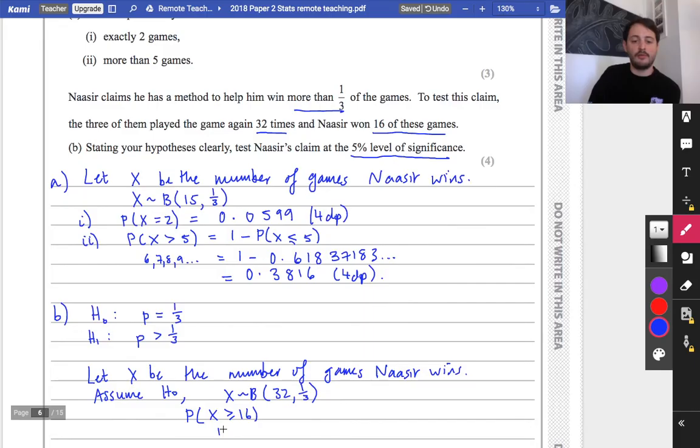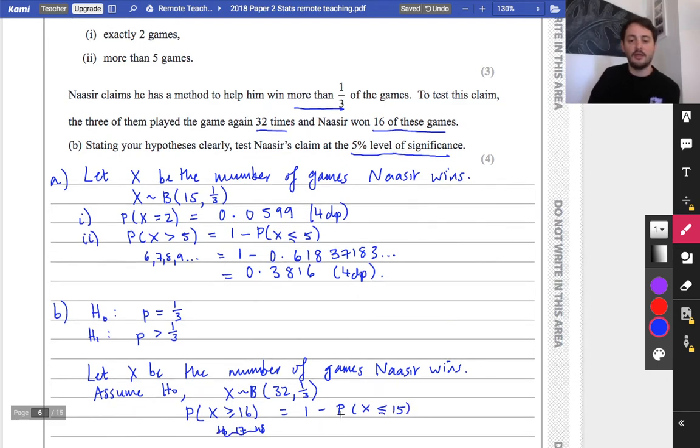Now 16 or above means we want 16, 17, 18. In other words, we're going to remove everything which is 15 or below. Hence me doing 1 minus the probability that X is less than or equal to 15. That's just there to help me think about it. So you're going to stay in the cumulative one, but you need to make sure that you've changed the number of trials now to 32 trials, and I want it to be between 0 and 15. So I get 1 minus the probability of that, which is